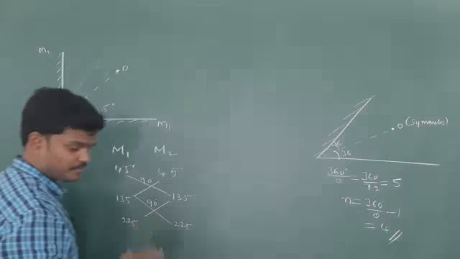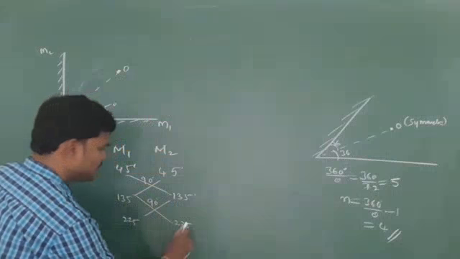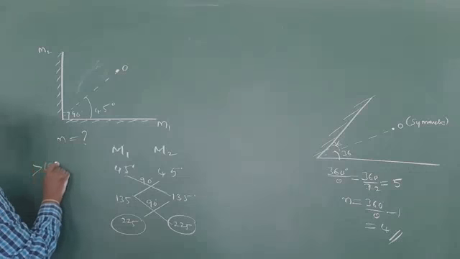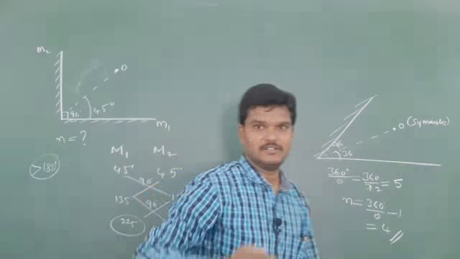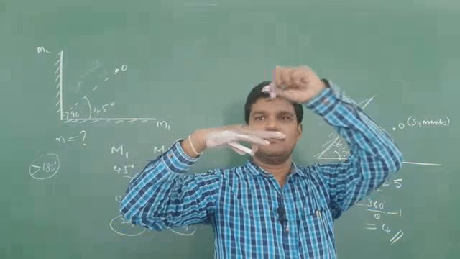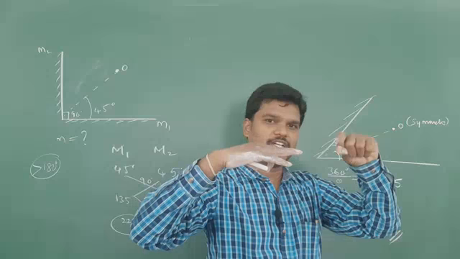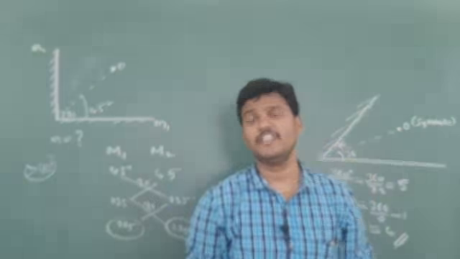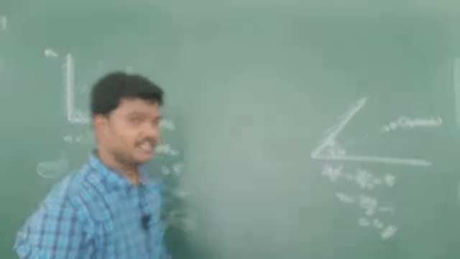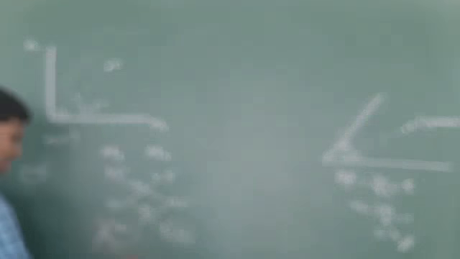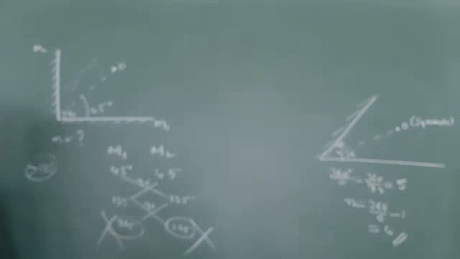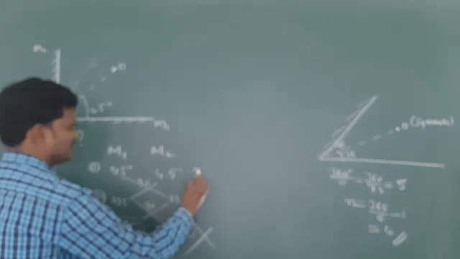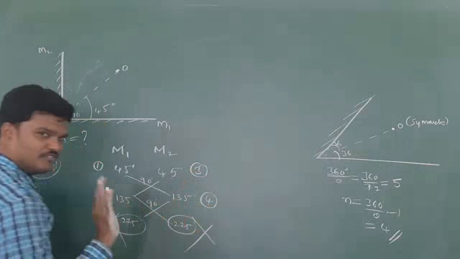225. One thing you keep in mind, if the angle is greater than 180, then images are not possible. If the mirror is placed like this and the object is placed here, up to 180 we can see the image of the object. If it is more than 180, we cannot see the image. So angles more than 180, just eliminate them. Now the number of images formed are 1, 2, 3, 4. 4 images are formed.